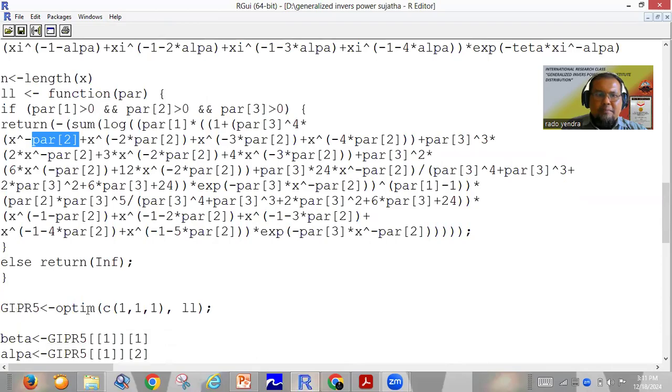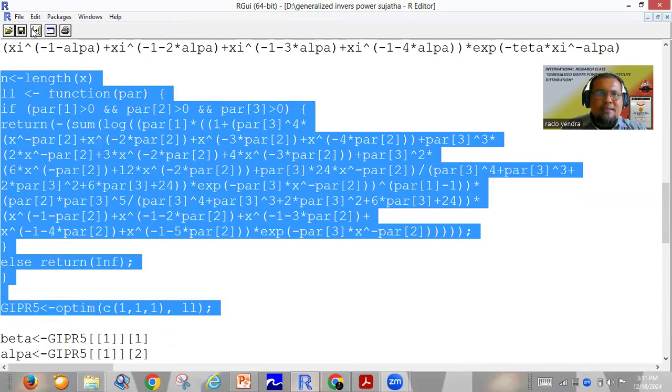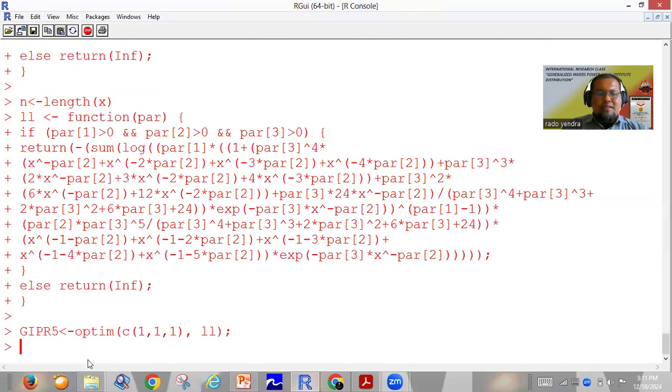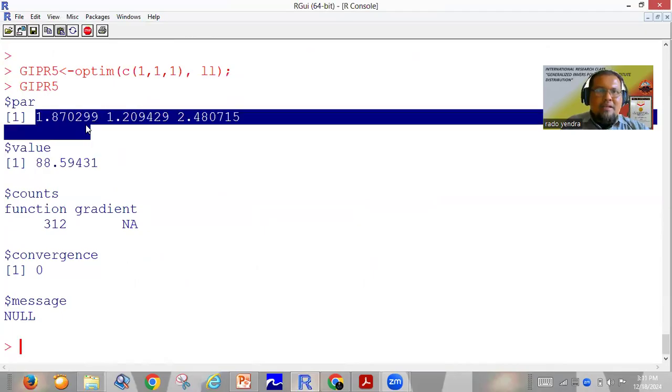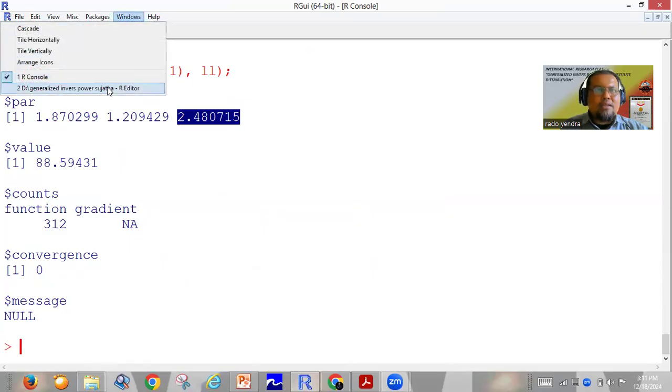Okay, we use Optim to estimate the parameters. We run our model. If you want to know the parameters, we just type GEPR5. Okay, this is the parameter beta, parameter alpha, and parameter theta. So, very nice program. So next we come to the